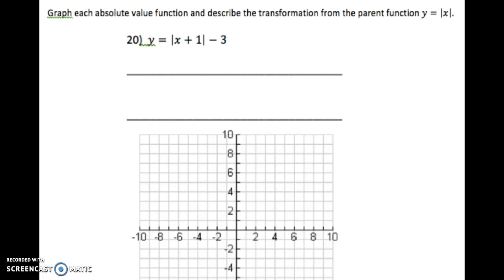Alrighty, so we should be finishing off the Algebra 2 Unit 2 test review here, working on problems 20 through 23. We're working with the absolute value function. First two, 20 and 21, we're going to graph and describe the transformation. Although I'm going to do it the other way around, I'm going to do the transformation first to help me with the graph. If you may remember,